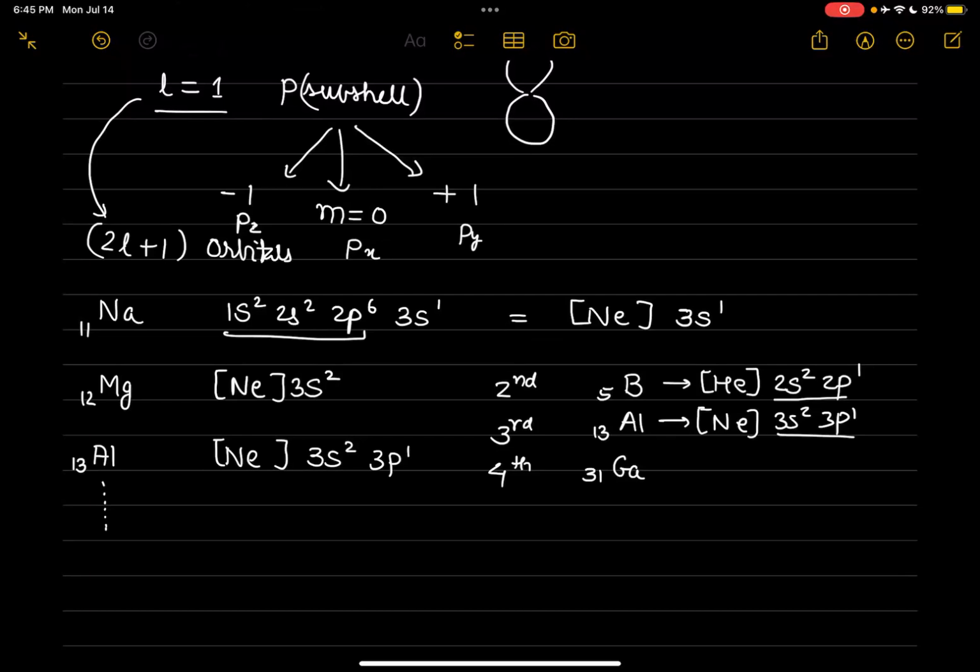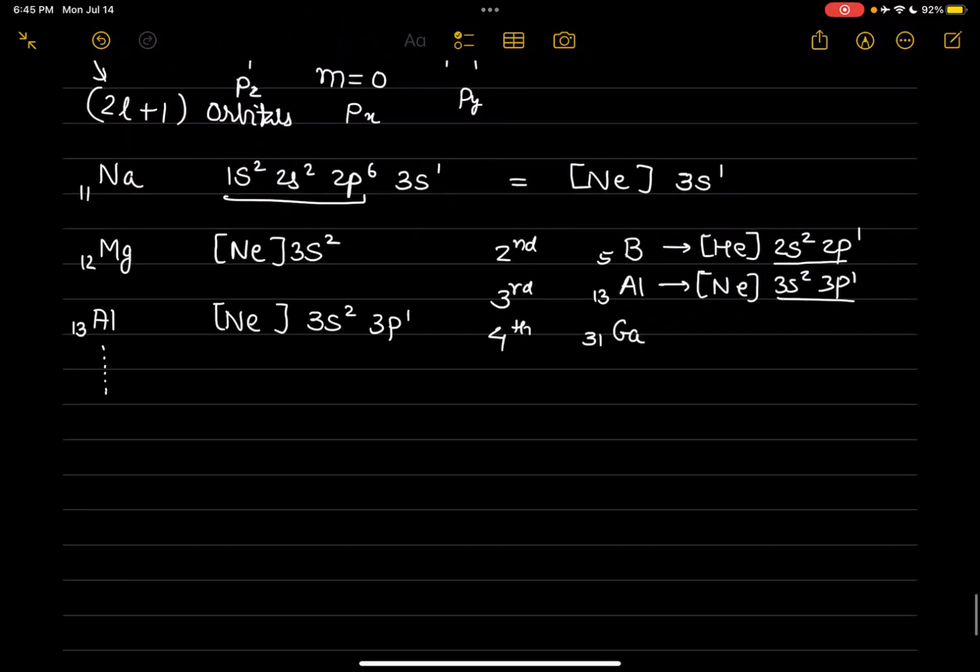Clear? So you can practice up to calcium. After calcium, I need to discuss again because there is some new thing which is coming up. Calcium is the 20th element. Okay. So if I start writing its electronic configuration, it will be